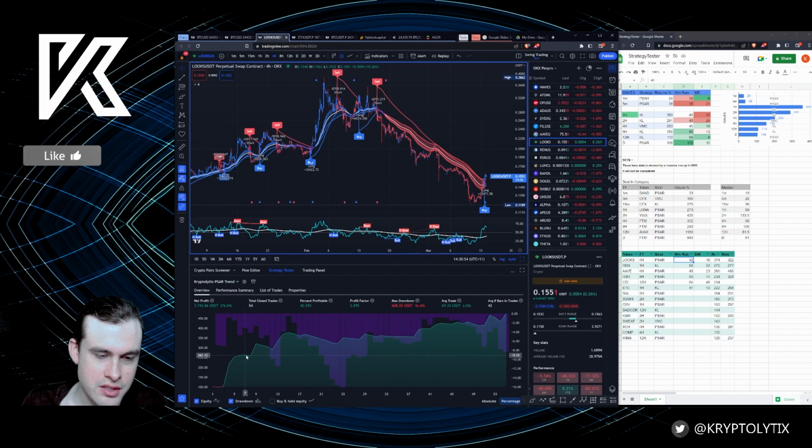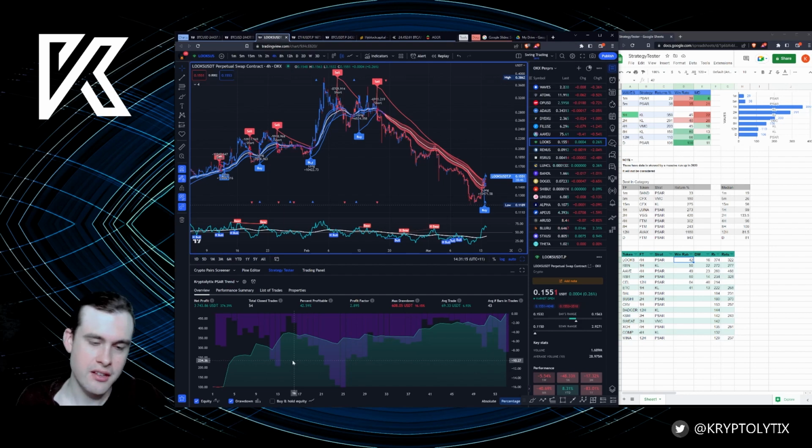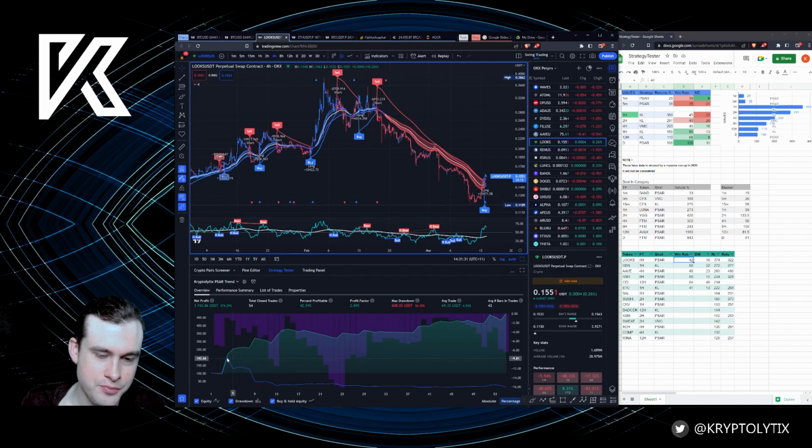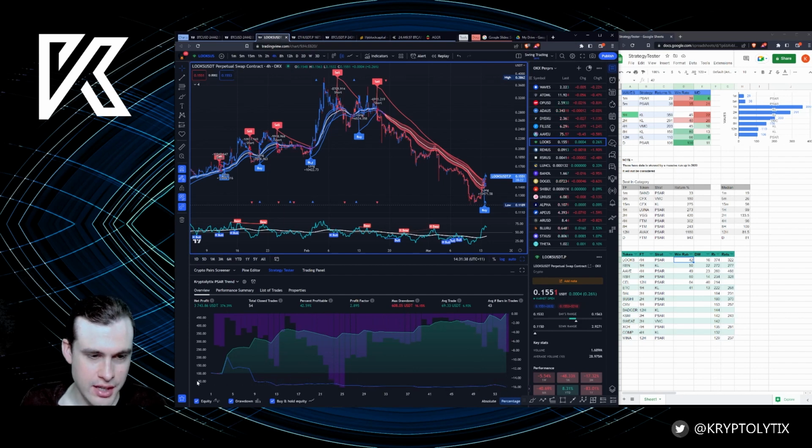I just like the shape of this. It's up, maybe give a little back, up, give a little back, up, kind of goes sideways, gives a bunch back, you know. I'm sure this is like a series of trades that were just basically went long, price went against you, went short. You know, it's kind of like that. That's kind of what this usually works out being. But only 16% drawdown, that's not too bad. And 52% profitable, that's not too bad. It's just overall the shape, it just looks really nice. Up only, right? Compared to buy and hold equity, well, I don't think you would be very happy. You'd just be sitting on your hands with this one.